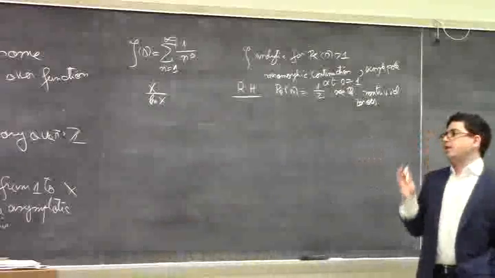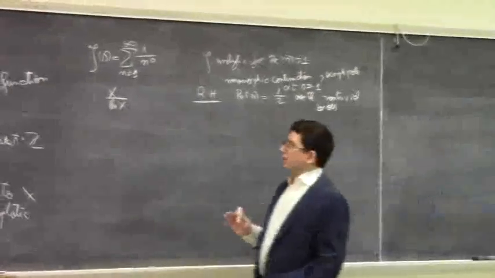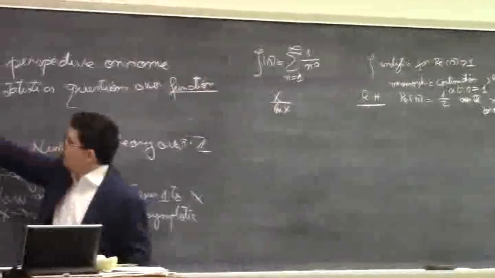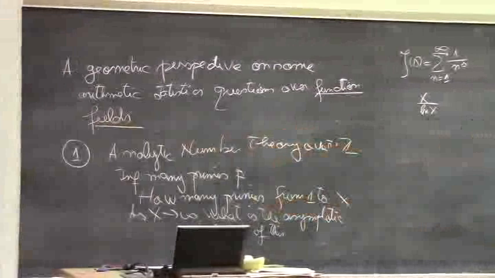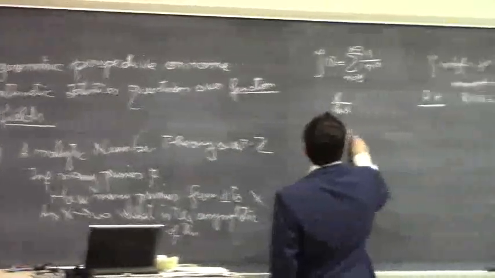And in the past, let's say 50 years, let's say 100 years, just to be safe, the idea is that you can take any problem you want and cook up something analogous to that problem over function fields. So basically, the second part is you can take your favorite problem over Z,